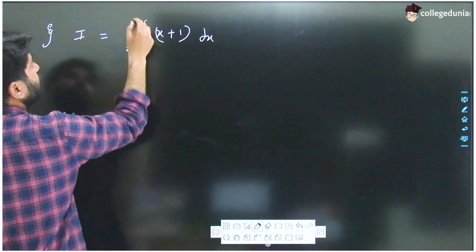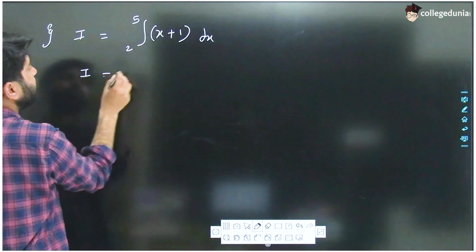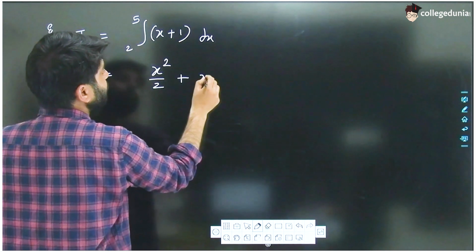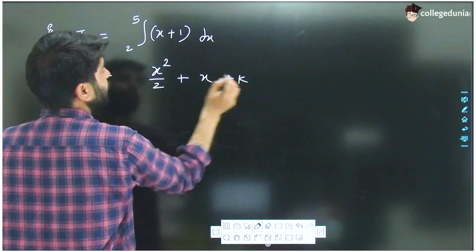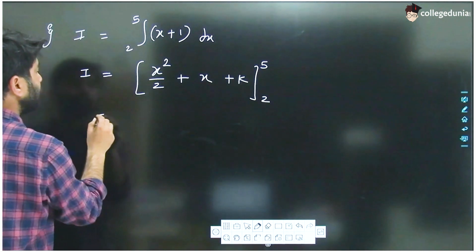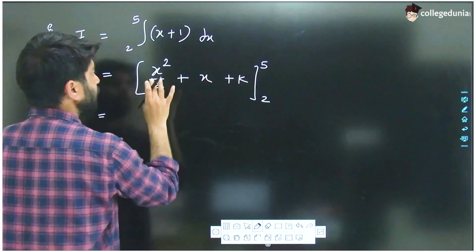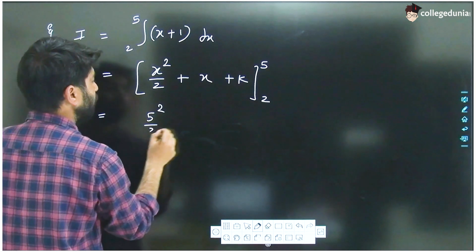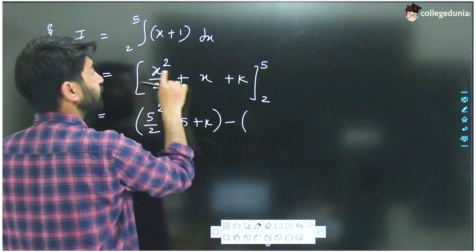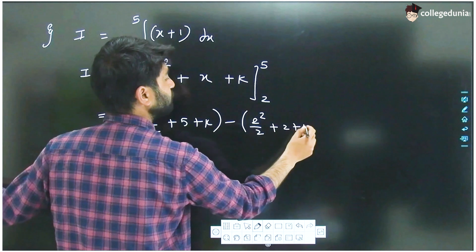Let's say we have to integrate x plus 1 and there is a limit 2 and 5. Okay, 2 is the lower limit and 5 is the upper limit. Then in this situation integration of x should be x square by 2. The integration of 1 will be x, then arbitrary constant k is added, then 5 is upper limit, 2 is the lower limit. Now inside this bracket wherever you see x, you will have to put 5 in the place of x. So 5 square upon 2 plus 5 plus k minus, now x की जगह पे 2 पुट करेंगे तो 2 का स्क्वायर अपॉन 2 plus 2 plus k।